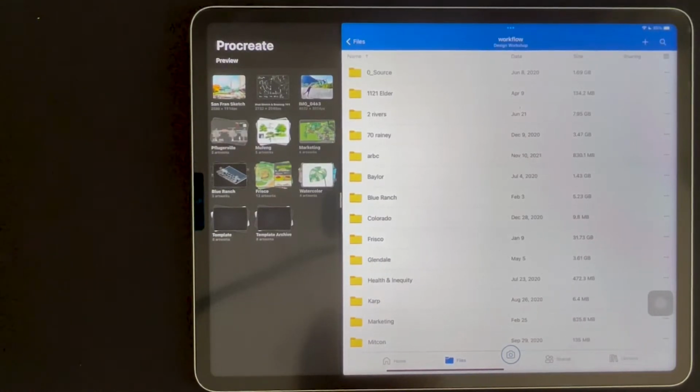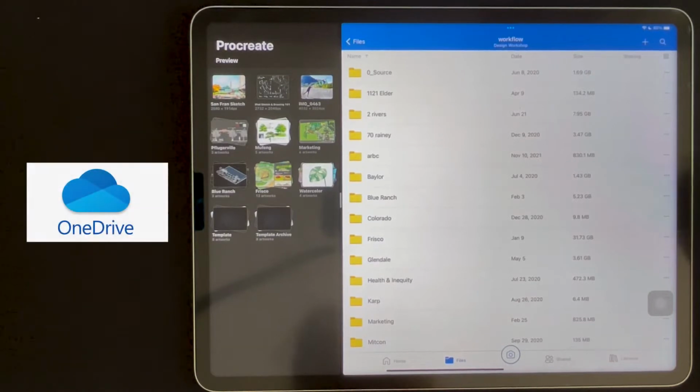Hey guys, I know you must be wondering how I transfer files and draw at scale. Those are definitely part of the workflow, so I just want to explain a little bit more here. As you can see, basically I use OneDrive to transfer files from the office laptop to my personal desktop or